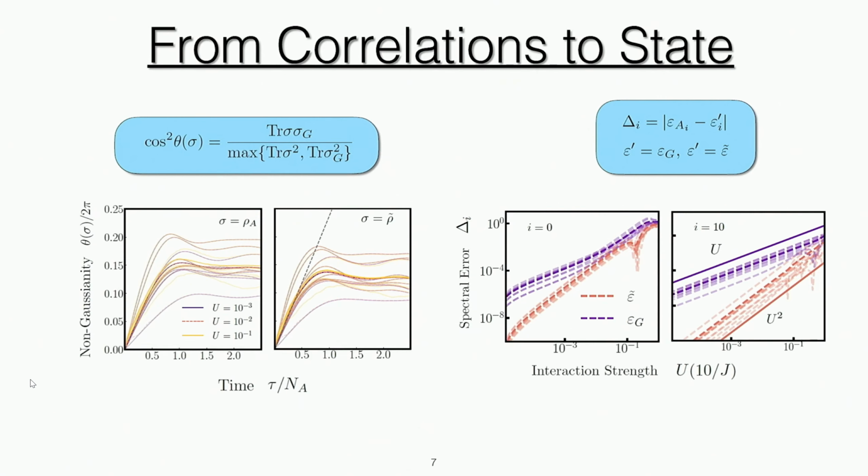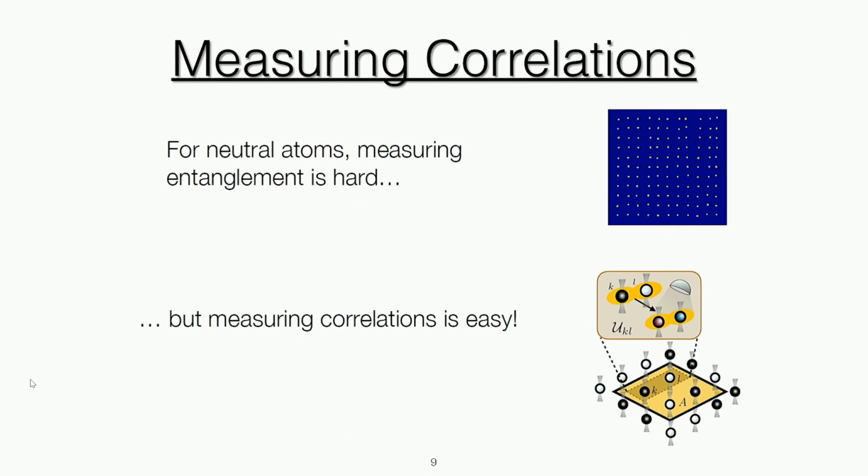So you might ask yourself, how is this useful? Well, we've envisioned a number of applications of this. The first and foremost is actually using this in experiment to study thermalization in the lab. And in particular, we consider this for neutral atom devices that can naturally implement a Hubbard model. In this case, measuring entanglement can be very tricky, but measuring correlations is easy. You can literally just take snapshots of your system, do some post-processing, and then plug them into this ansatz, and there you have it. You're immediately seeing thermalization.